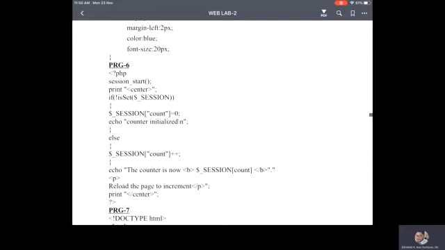I cannot give a negative value, so I give a positive starting value of 0 to keep track. If the web page has not been visited, the count is 0.